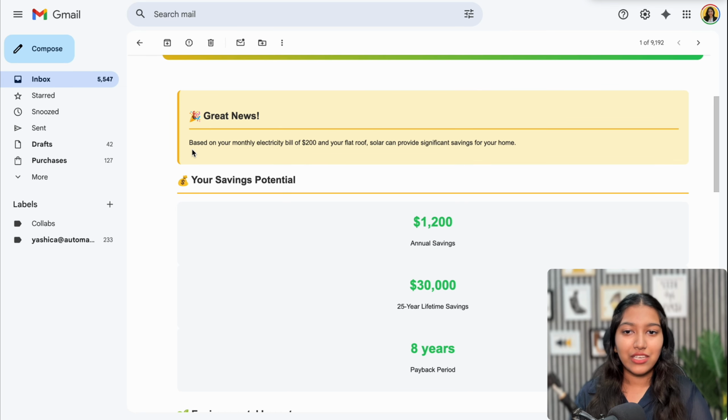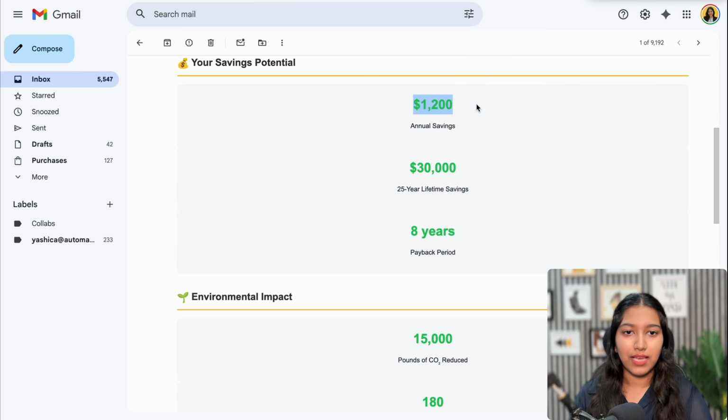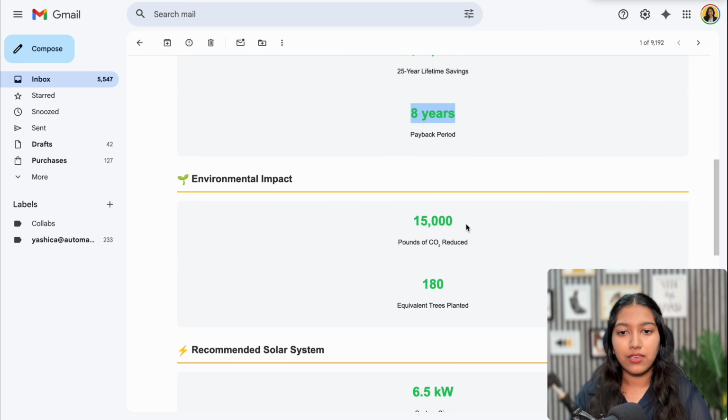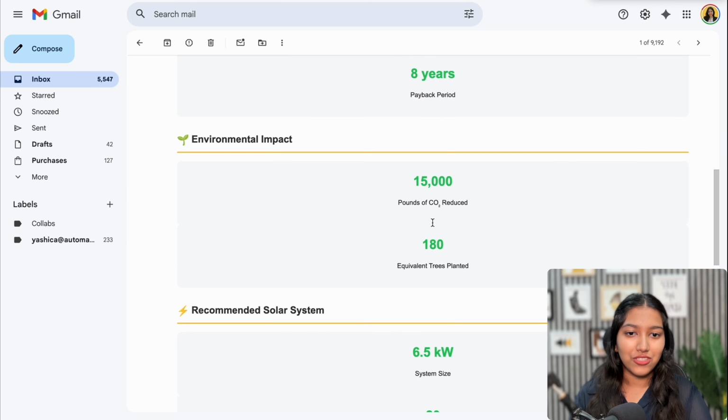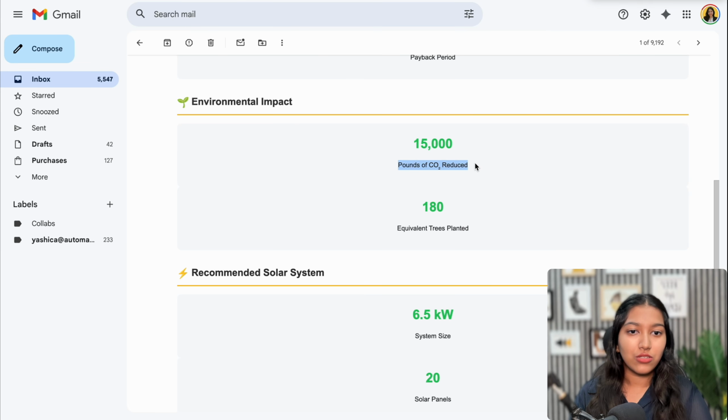Saying great news, based on your monthly electricity bill of $200 and your flat roof, solar can provide significant savings for your home. So then it's doing some calculations: annual saving, lifetime saving, payback period, environmental impact, which is nice, pounds of CO2 reduced, equivalent trees planted.